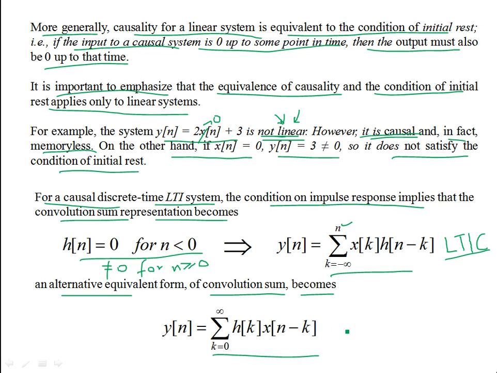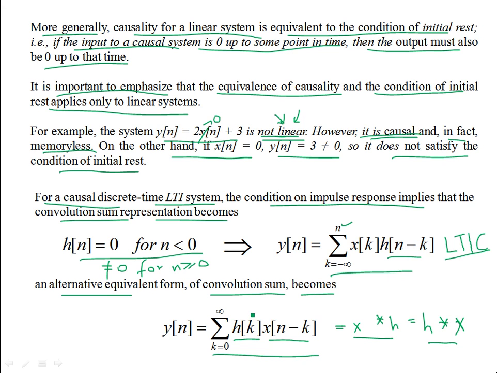Over here you are shifting and flipping your input sequence, whereas over here the impulse sequence was flipped. So over here, x acts as an impulse response and h represents an input. This doesn't matter. The output could be x convolved with h, or at the same time h convolved with x. It's all the same, as long as the system is LTI, the convolution is commutative. We have already talked about this.